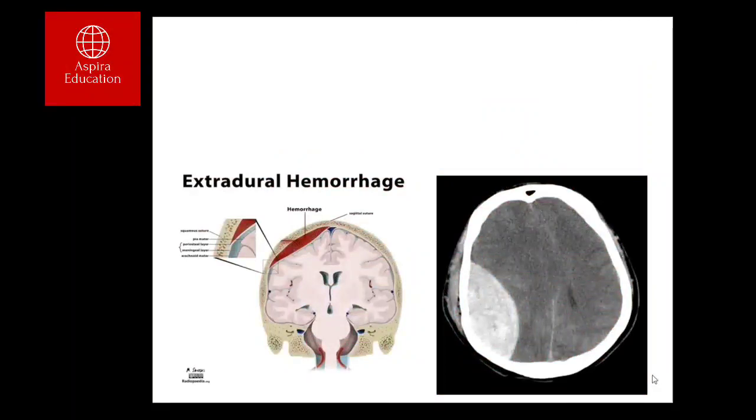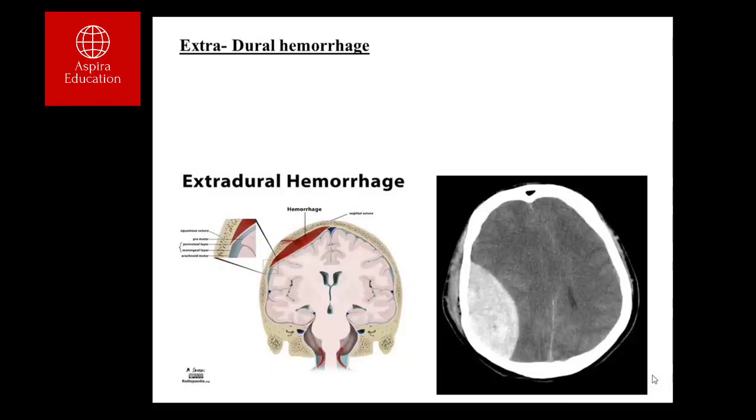So we'll continue with the important diseases of the brain. The first thing we're going to discuss is the cerebrovascular accident and the hemorrhage. The most important is the extradural hemorrhage. As we discussed in the brief anatomy of the brain and the meninges, between the skull and the meninges, which is the dura mater, if blood gets accumulated, it is called